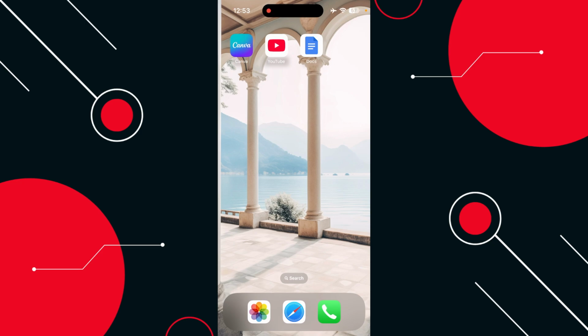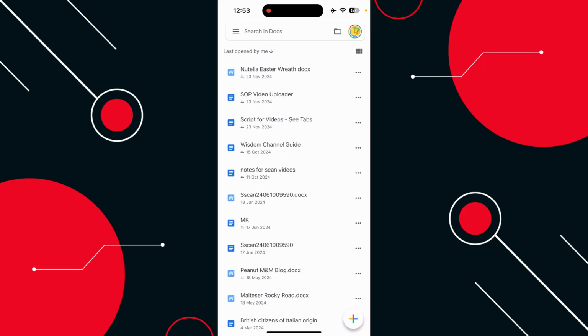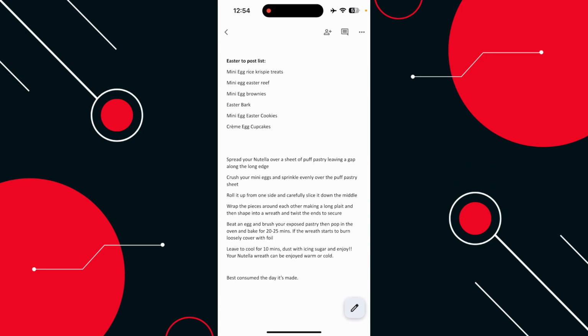In this video, I'm going to show you how to convert Google Docs to PDF in mobile. So what we're going to do is open up the Google Docs app, and I'm just going to select this first document here. So we're just going to open that up, and this is just a recipe